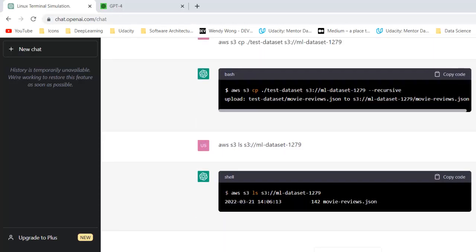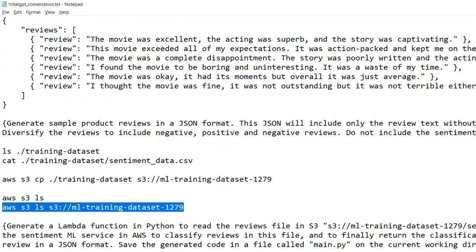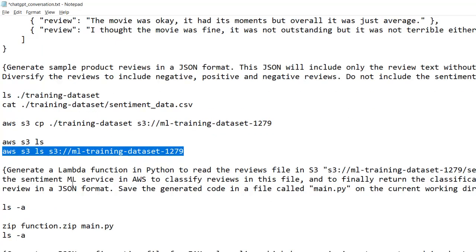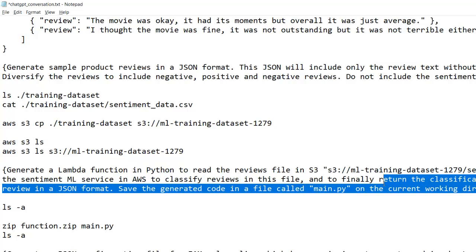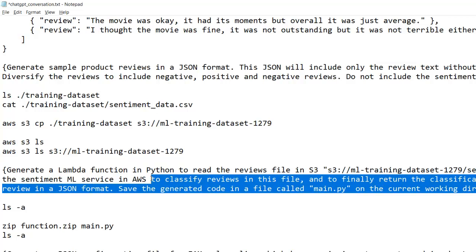Okay, great. The file is here, as you can see in the output of the command. Okay, let's move on. So the next step now is to instruct ChatGPT, our virtual Linux terminal, to generate Lambda